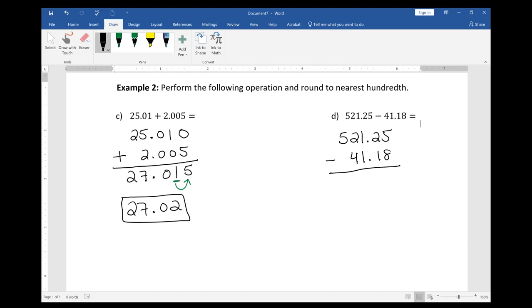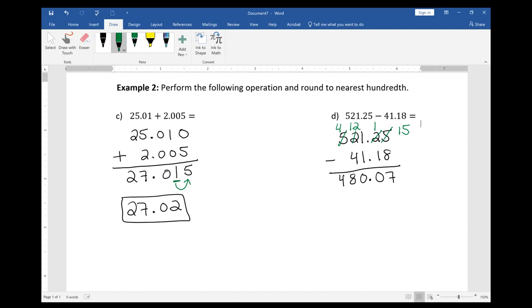So let's go ahead and subtract. 5 minus 8, we can't do it. So then we're going to borrow from the 2. 2 becomes a 1, and the 5 becomes a 15. 15 minus 8 will be 7. 1 minus 1 will be 0. Bring down the decimal point. 1 minus 1 will be 0. 2 minus 4 we can't, so we'll borrow from the 5. 5 becomes a 4. 2 becomes a 12. 12 minus 4 will give you 8, and then bring down the 4. So our result,